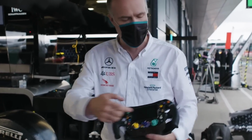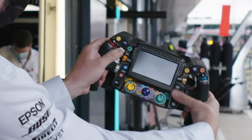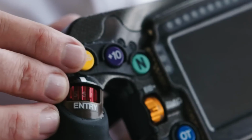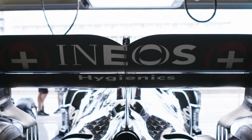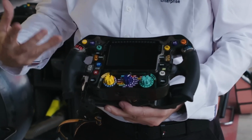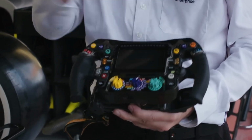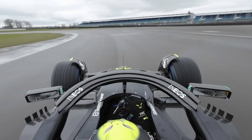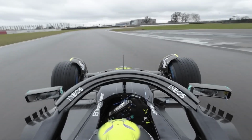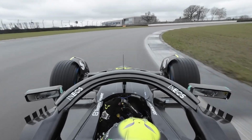the energy recovery system. In today's hybrid engines, every time a driver brakes, part of the energy generated is stored in a battery and then reused to provide an additional boost of power. This system is key in modern Formula One, as it allows speed to be gained at strategic moments, such as when exiting a corner or on a long straight. Using steering wheel controls, drivers can decide how much energy to store and when to release it, adapting their strategy